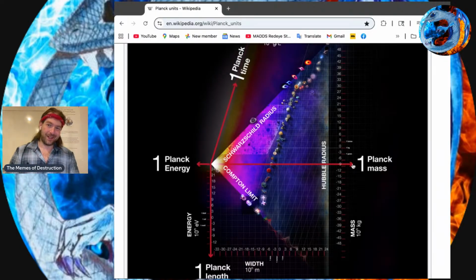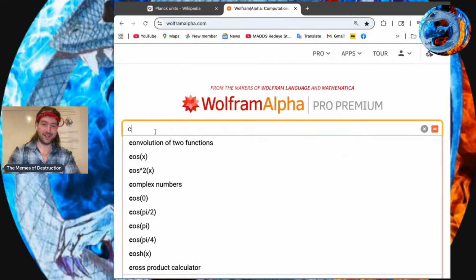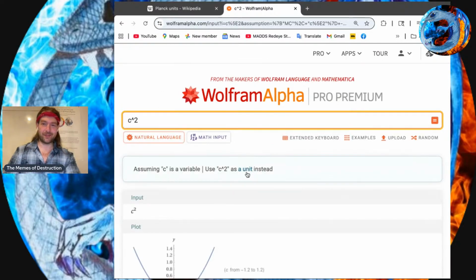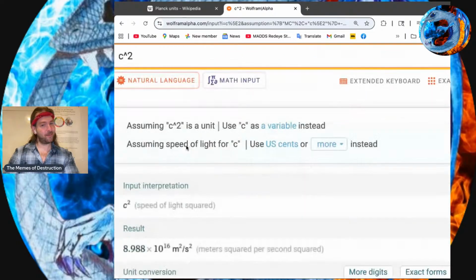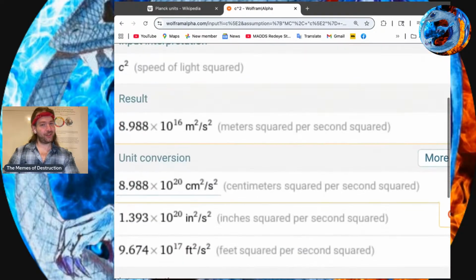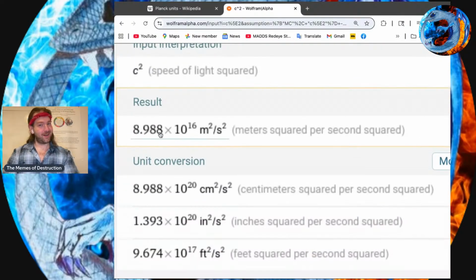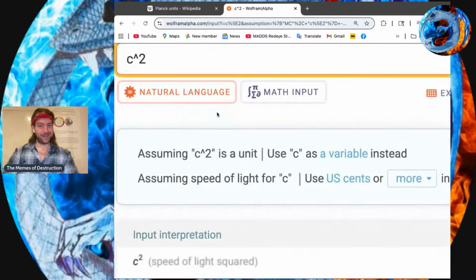So the interesting thing is c squared within our units is going to give you a factor of like 10 to the 16th. So we can just do that right here. We're just going to Wolfram Alpha, c squared. We're going to have to specify it's a unit. All right, so small c squared, the speed of light squared. It's this ginormous number here, 10 to the 16. Okay. So the Planck mass in and of itself is just